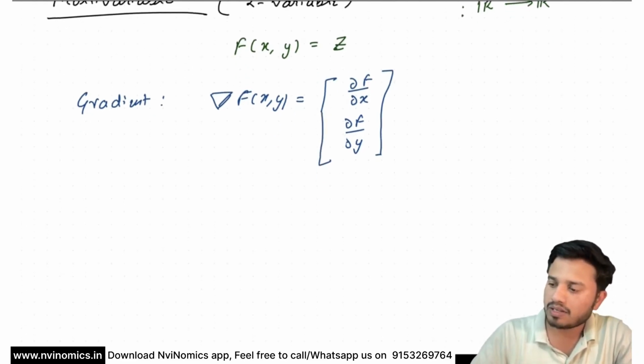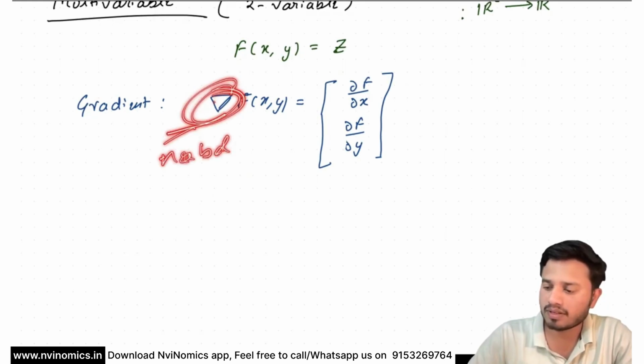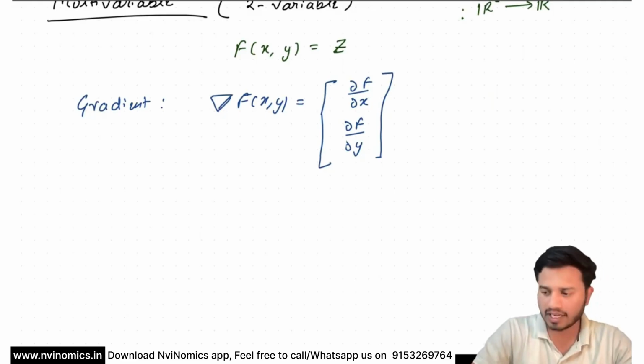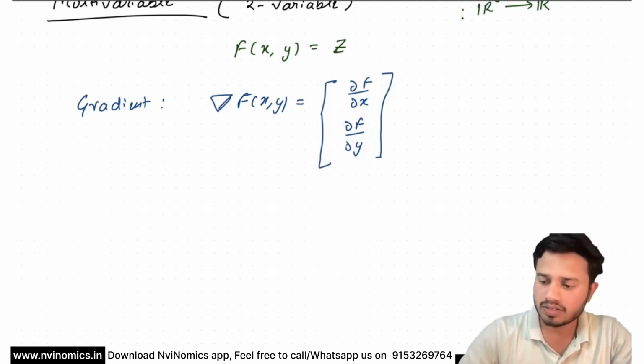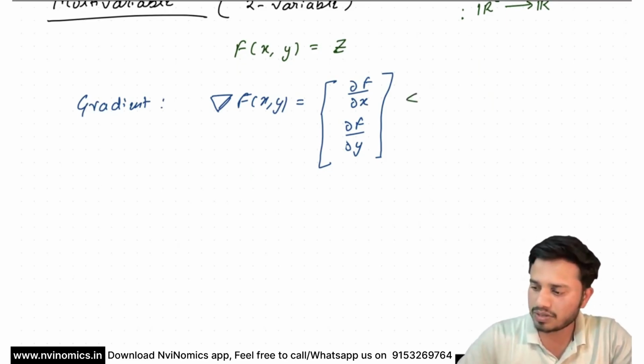Okay, so this is called the gradient. This is called del or nabla, but you can call it del or gradient of f. So you store this. What does it do? Again I'm telling you, I'm not going into too much detail. Just remember one thing. It tells you the